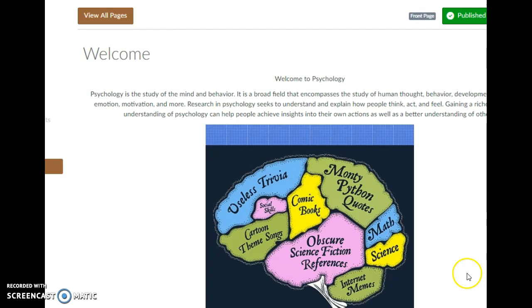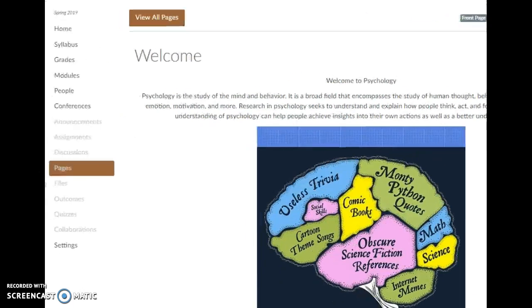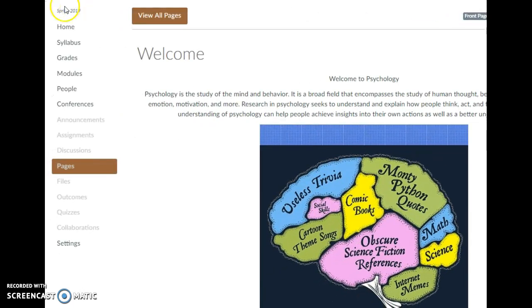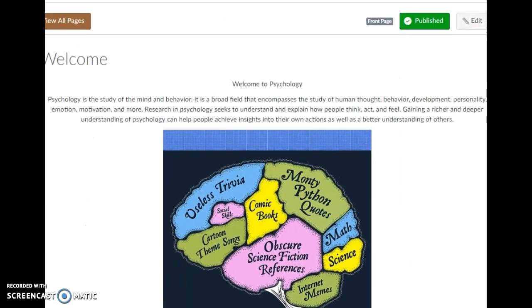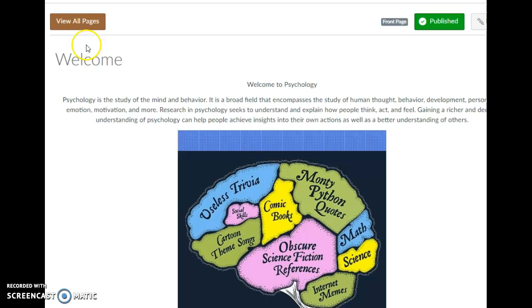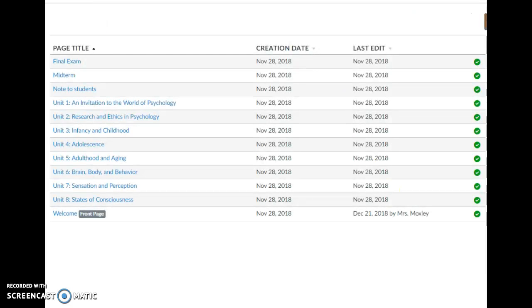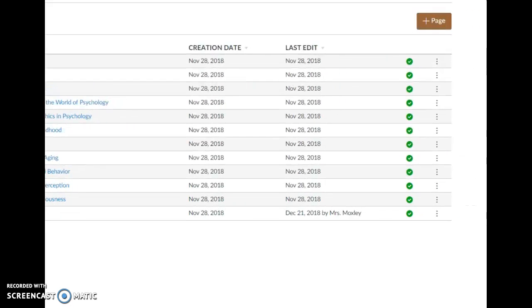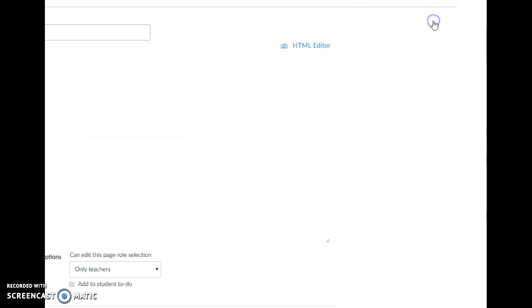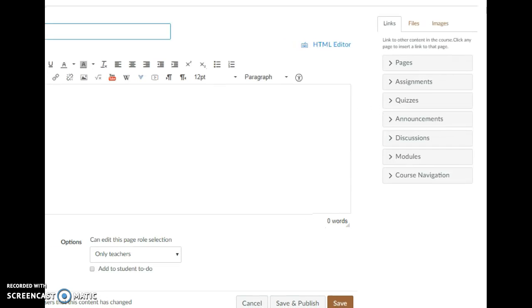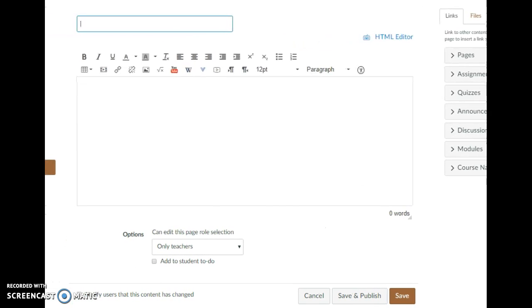And that will show you your homepage. But if you were not to have a homepage, let me show you what to do there. All right, in this left-hand corner, you see where it says Pages. Click Pages. All right, you have already got this page here, so go to View All Pages. If you wanted to create a new page, just click Plus Page. And you could add one this way, or